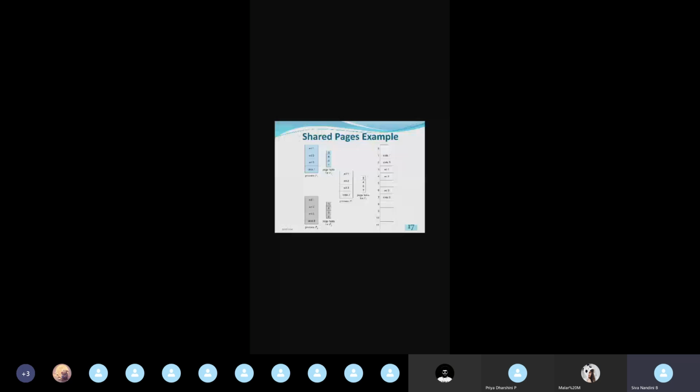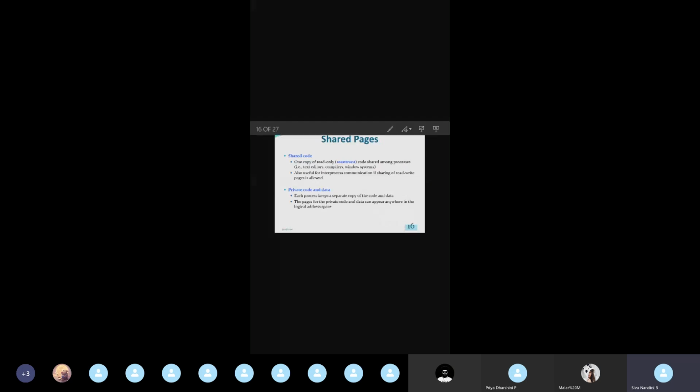So for these shared pages, we'll be having the same frame number in the page tables of the different processes. See in the physical memory shown on the right side, you can see the frame numbers 3, 4, 6. In those locations, we are having ED1, ED2, ED3 shared pages. So like this, shared pages will be in the memory. Okay, this is shared pages.